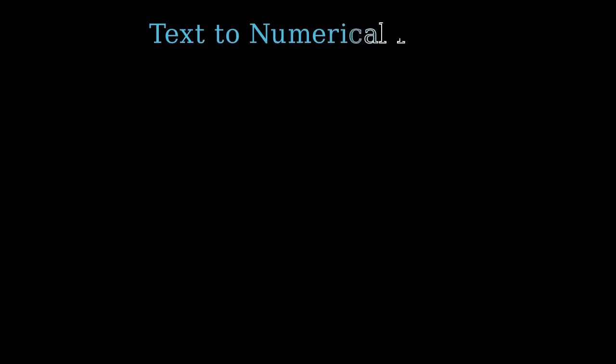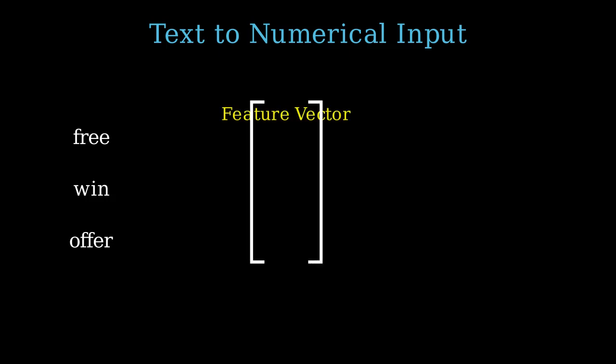To understand how a neural network classifies an email, we first need to translate text into numbers that a computer can process. Imagine we have an email and we are looking for specific keywords like free, win, and offer. We represent this email as a feature vector, which is essentially a numerical list. In our example, the word free is present, the word win is absent, and the word